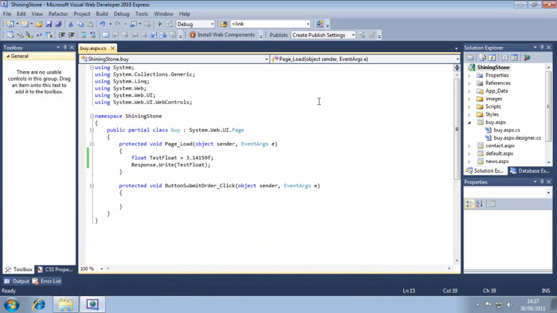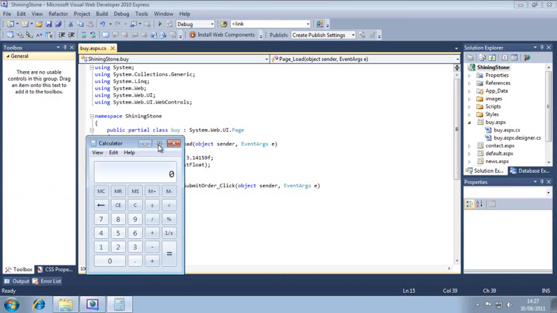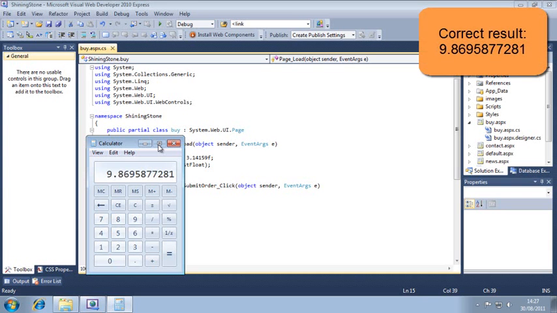We are now going to see the accuracy problem in practice. To start with, either open the Windows calculator or another form of calculator and calculate the result of 3.14159 multiplied by 3.14159. As you can see, the correct result is 9.8695877281. Close the calculator